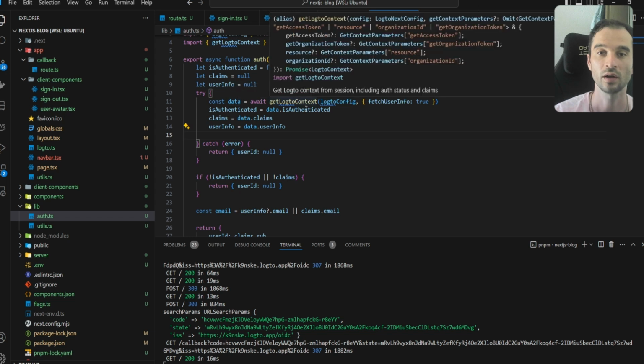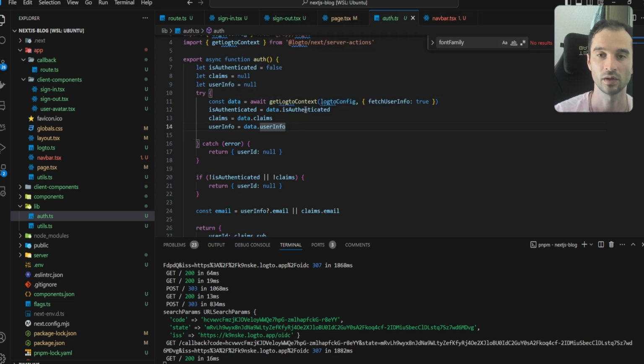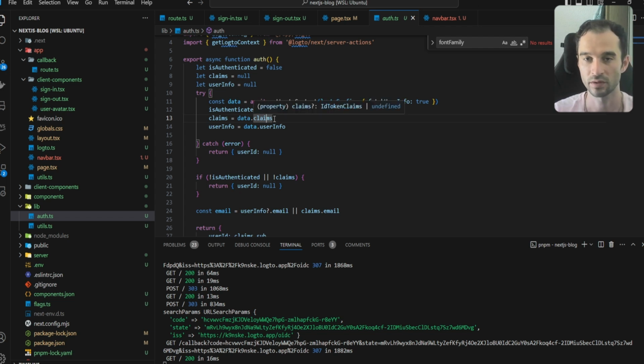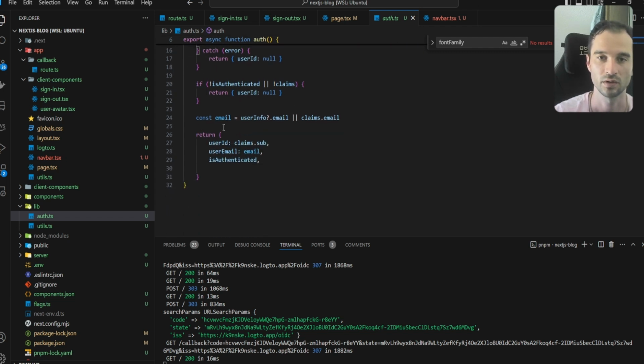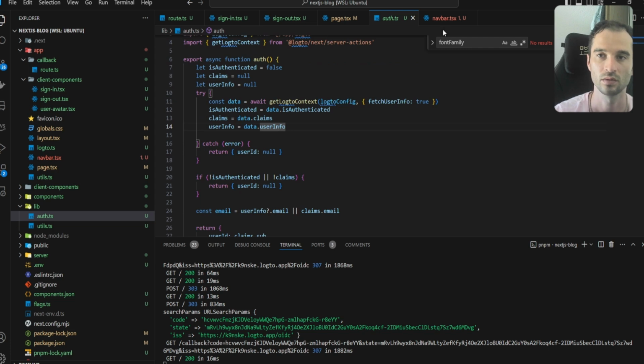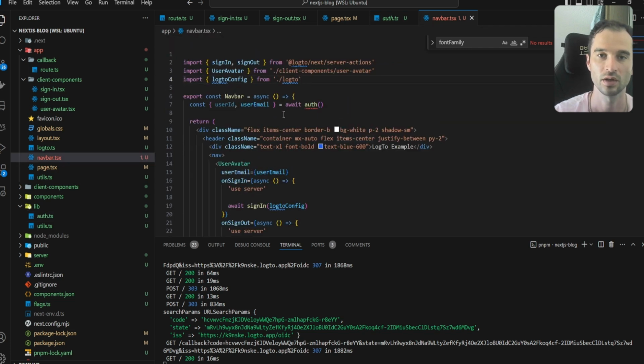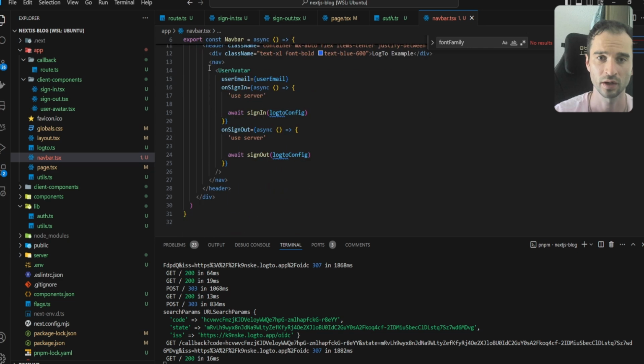So we get the data here, and from there I'm extracting isAuthenticated and the claims. Basically the claims are the permission set, basically if we are allowed to read a user's email, user's profile. By default the OpenID, profile and email are set, and then of course the user info, and then I'm returning it. And how to consume it,